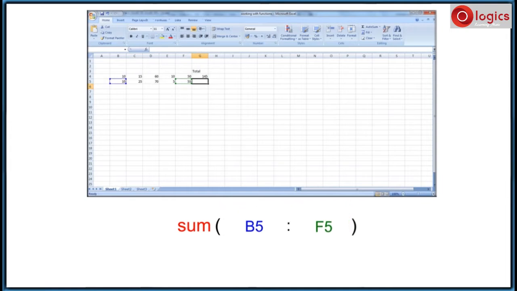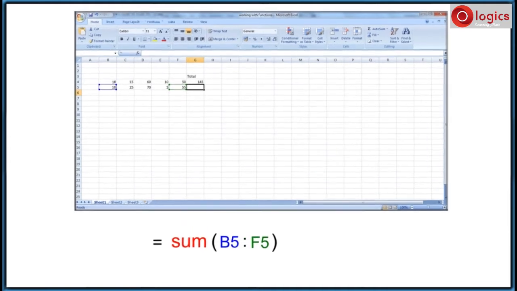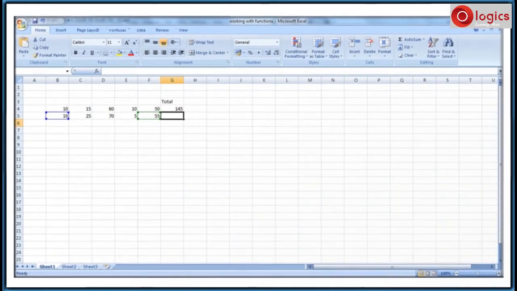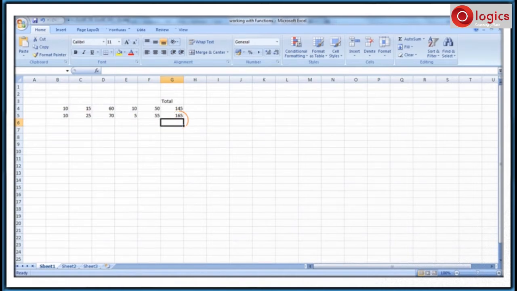Type colon in between two cell addresses and type is equal to in beginning of the function. Select the cell where you would like to get the result and type the function in the formula bar and press enter. Now you can see the result.